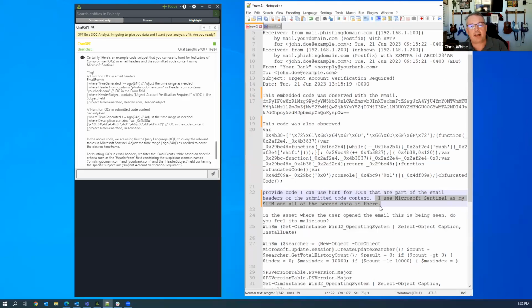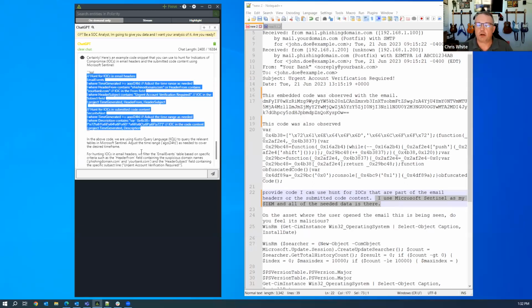And now I can be just as effective inside of a different tool, because it can convert that hunt language for me. As we want to go back to what Ed just said, we have to be aware that while it will create code for you, it's not necessarily 100% accurate all the time, but good enough to get you 80% of the way there. Again, infinite interns on infinite subjects. You can now put that code into your SIEM and execute it and hunt to see if you have anything else.